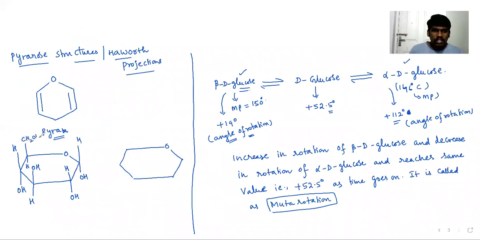See, CH2OH. Now it is connected through the hemiacetal linkage with the first carbon. I am indicating those carbons with red color: 1, 2, 3, 4, 5, and it is 6. So the point of difference you can clearly understand. In beta, what will happen? H comes down and OH on the top. Only at C1, carbon number 1, there is a difference in the configuration. So OH here, H here, and the rest of everything is the same.